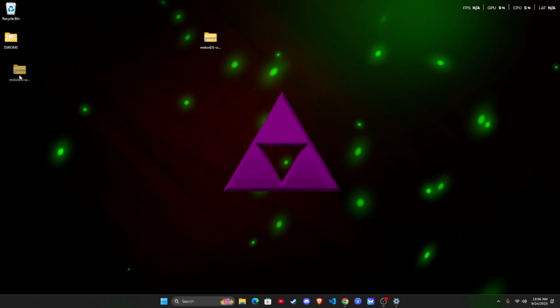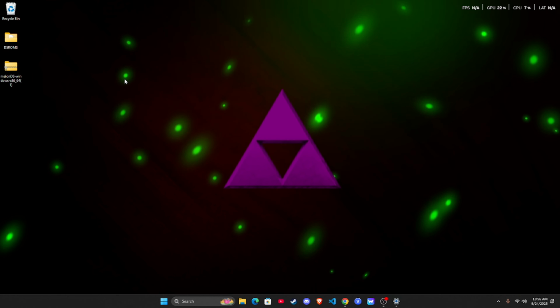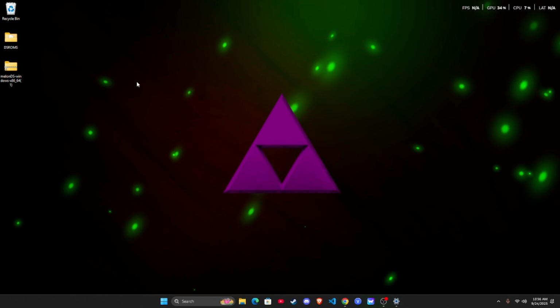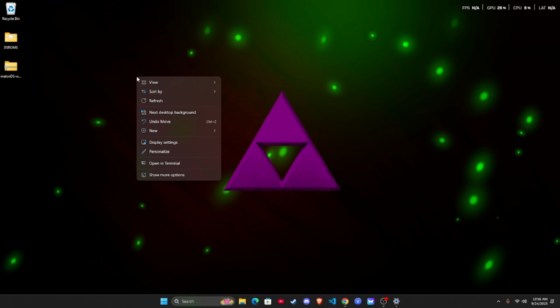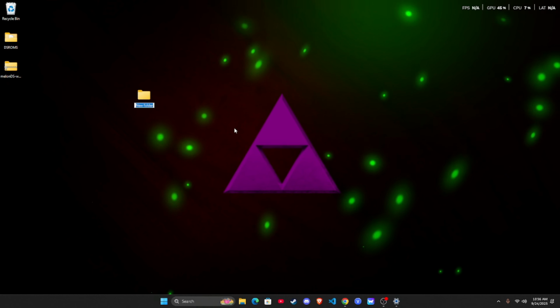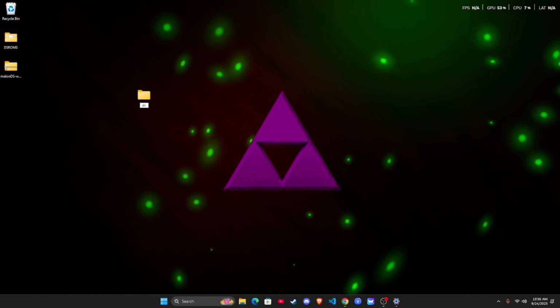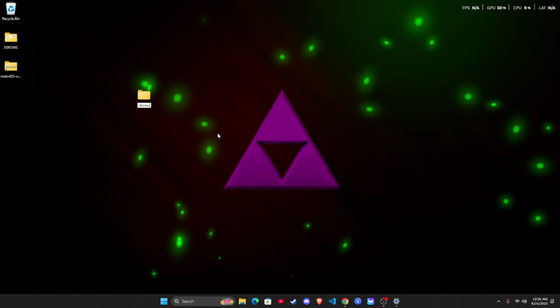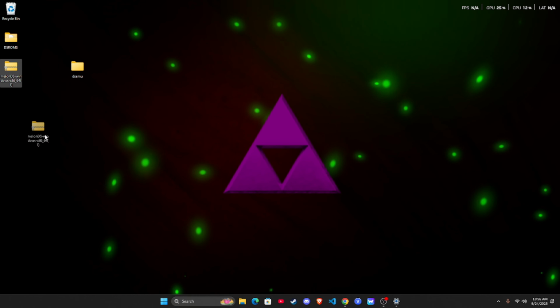Okay, once you install the 7-Zip, you want to create another folder, so you can drag your emulator there. So right click on your desktop, go to New, Folder, and just call it whatever you want. I'm going to call it DS Emu, so pretty much the DS Emulator. So when you open up the Melon folder,